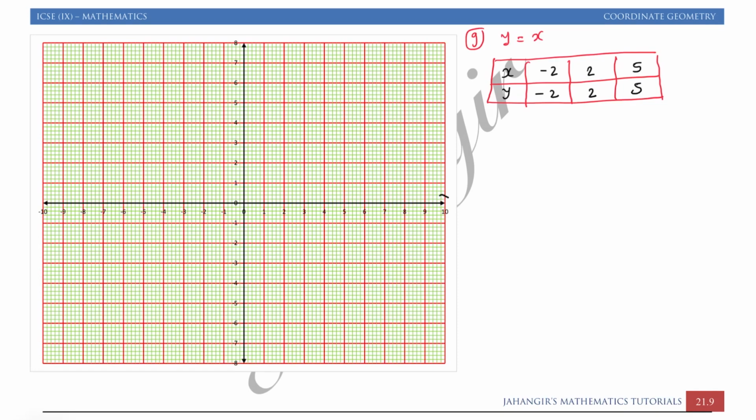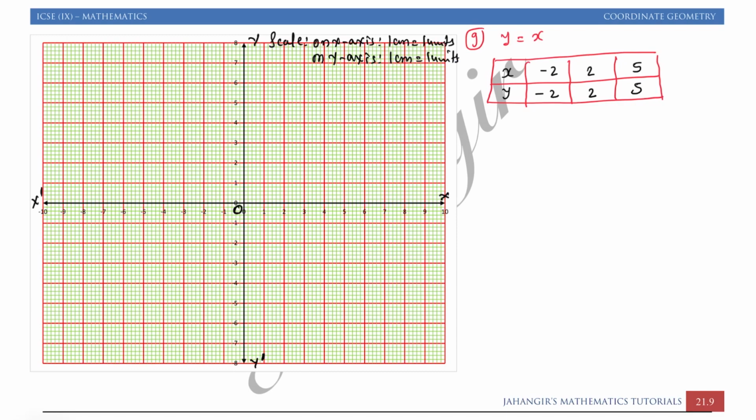Now on the graph paper you have to write x-axis, y-axis, this is x dash, this is y dash. The intersecting point is 0. You have to write the scale. I'm reminding you again and again, in each graph, don't forget this. On the x-axis, 1 centimeter is equal to 1 unit. On the y-axis, 1 centimeter is equal to 1 unit.